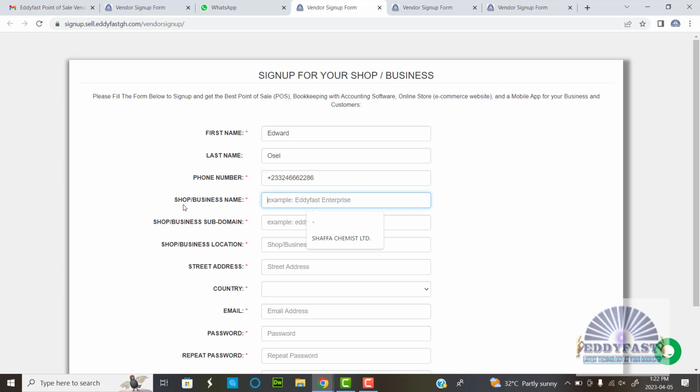If it is one, you just leave it. Now the next one is the shop or business name. This is the official name of your business. This name will appear on your invoices and receipts. We recommend that you use the same name that is on your business registration certificate, if you have. So this one is Eddyfast